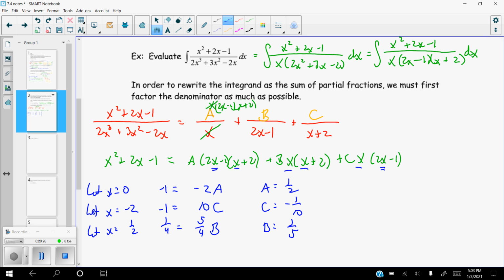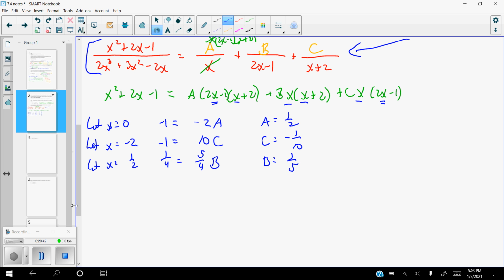All right, a lot of work to get here, but from here it's actually going to be pretty simple. All we have to do now is substitute a, b, and c back into this stuff right here and then integrate. Because remember, that's what we're doing. We're decomposing this function right here to make it simpler. So we're separating these things. So let's see. We're going to take the integral of a, which is 1/2, over x. And yes, I do leave them like this because it'll be much easier to simplify in the end. Plus b, which is 1/5, over the 2x minus 1, plus c, which is negative 1/10, over the x plus 2